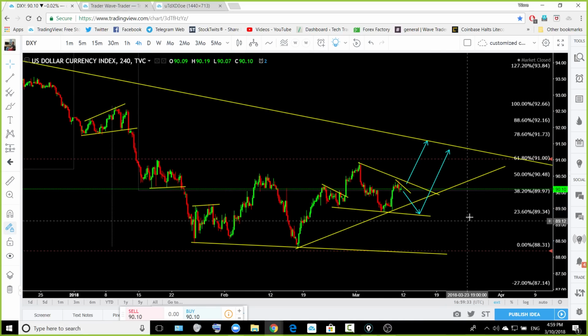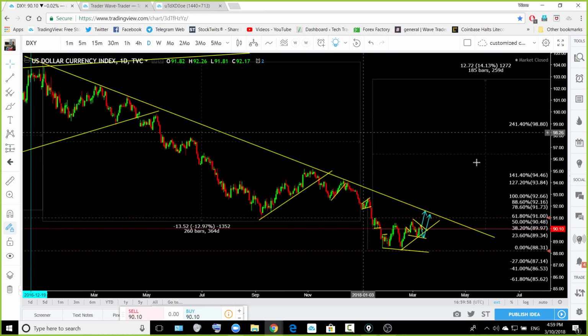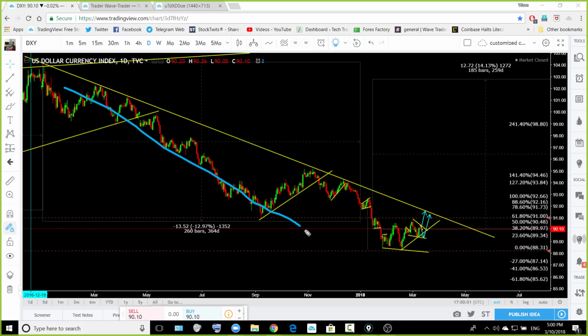First of all, dollar index, the bigger structure. You all know that the bigger structure is bearish. Dollar is bearish for medium term, and longer term bullish, and on short term, on lower time frame, it is bullish. So the bigger structure is this. We are having that wave. Now we are having another correction at this area, which is just developing over there. Next week you need to look for a bullish